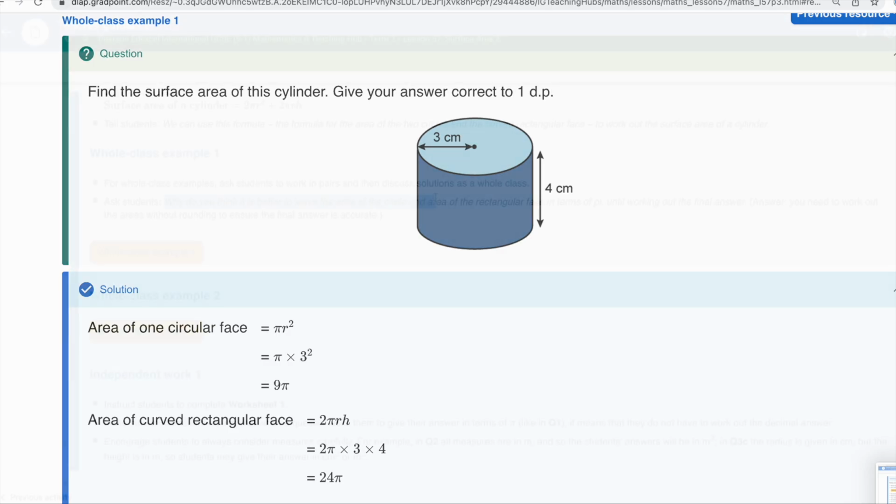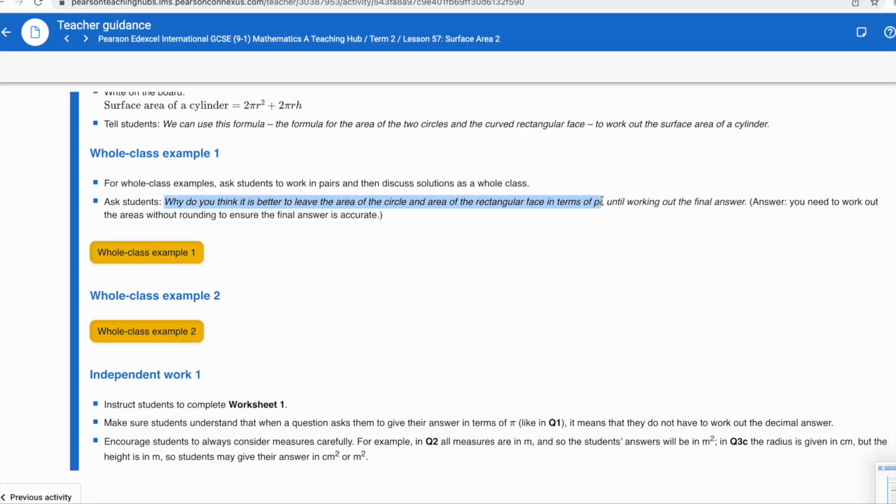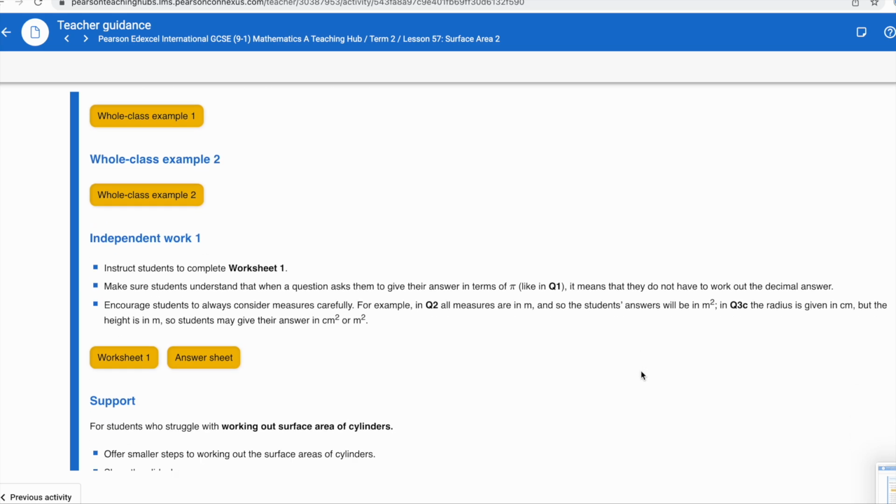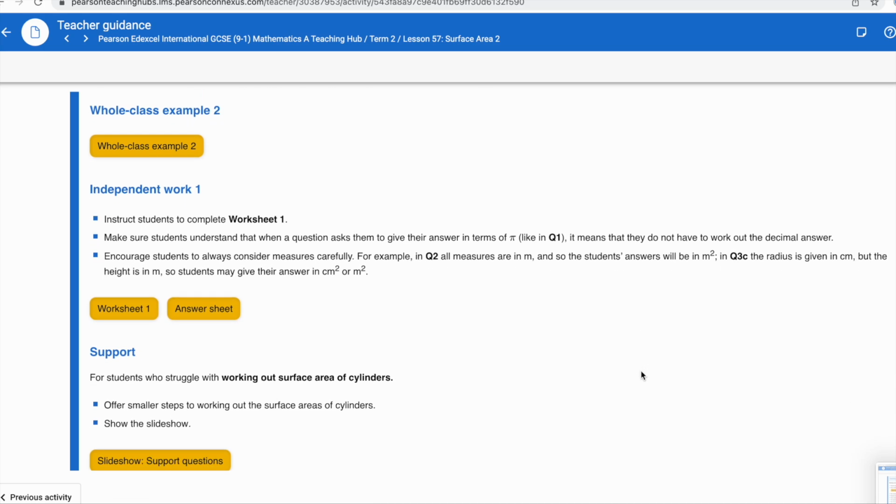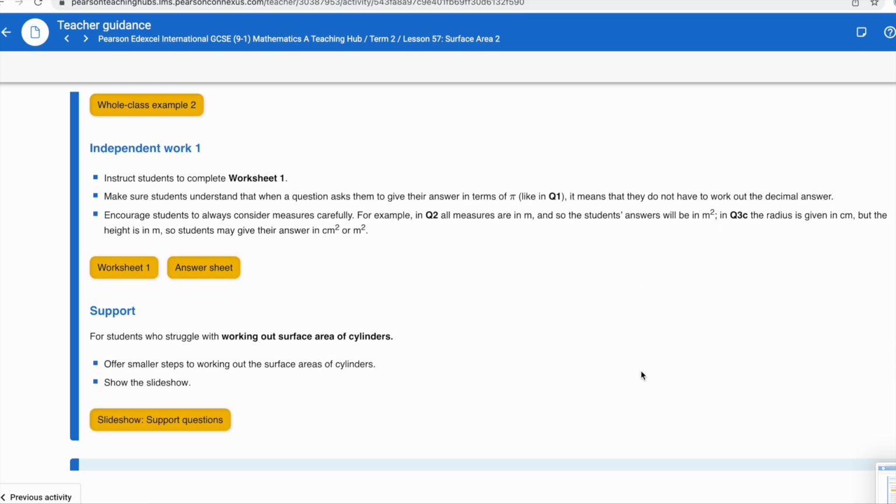It is suggested that you ask students why it is better to leave these answers in terms of pi before rounding and working out the final answer. This addresses that point made in the January 2022 examiner's report, which states that marks were lost due to early rounding. The lesson also includes independent work for students to do on their own, which in this case is a